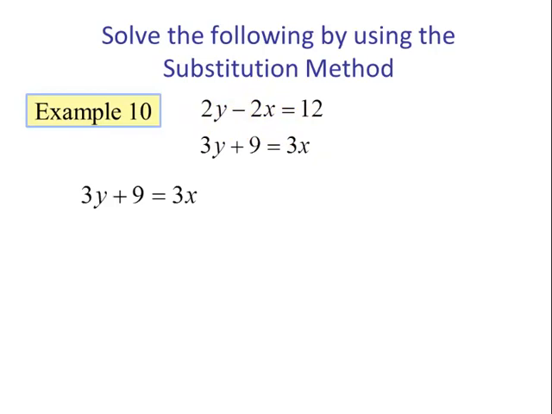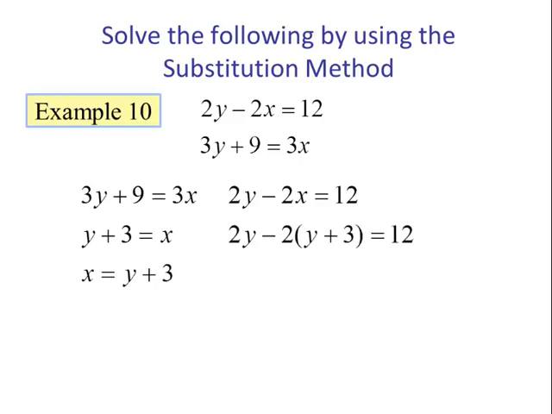I'm going to take the second equation and solve for x. So I'm going to divide by 3. This gives me y plus 3 equals x. And of course, that's the same thing as saying x equals y plus 3. So using the first equation, everywhere I see an x, I'm going to substitute y plus 3. So this gives me 2y minus 2 times the quantity y plus 3. That equals 12. Using the distributive property, negative 2 times y and negative 2 times 3, we have 2y minus